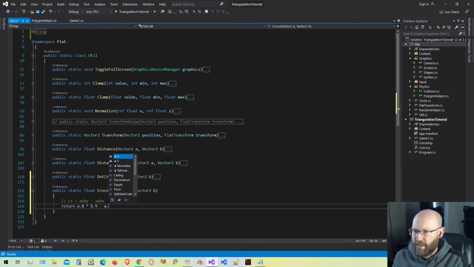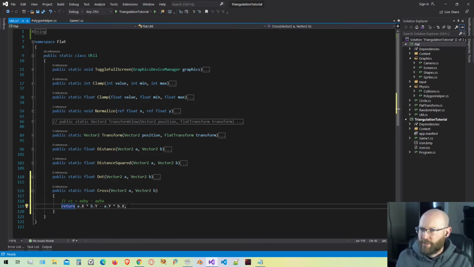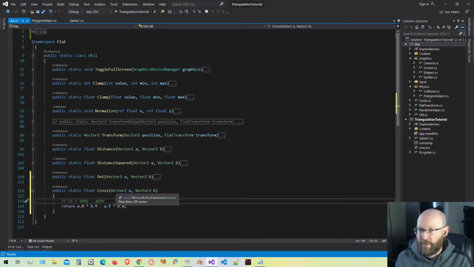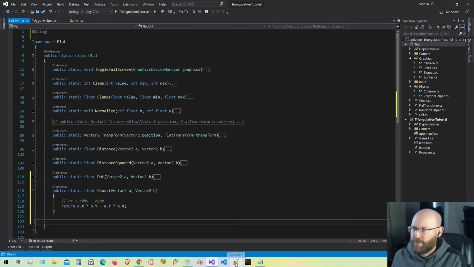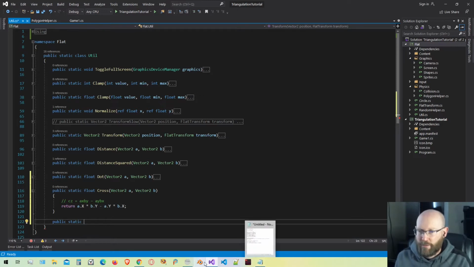Then we subtract the ay component times the bx component. So very simple there, but it will help us get a lot of information when we're comparing vectors or the edges in our polygon. Okay, and one more function I want to create is going to help us access information inside of our arrays. I want to treat any array that we create